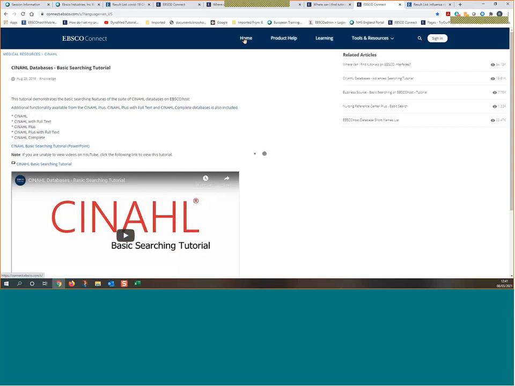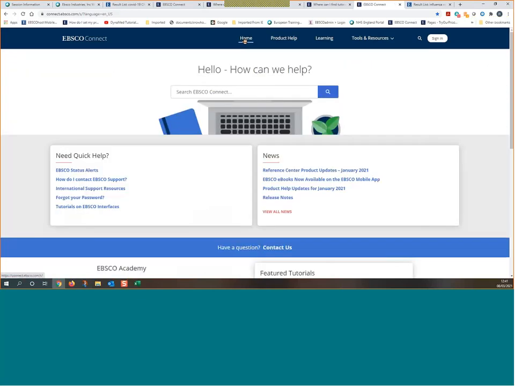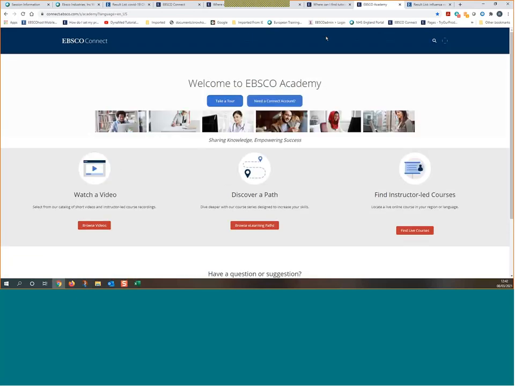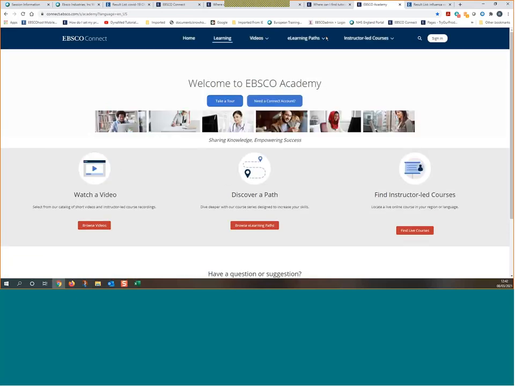To add to that, we also have our e-learning path on CINAHL, which is part of the EBSCO Learning Management System. So go to Learning on the top. If you're new to CINAHL or new to EBSCO's databases, this might be worth your time. There's no cost for this. You just need to register an account for EBSCO Connect to access these courses. Basically, if you go to Browse e-learning paths,